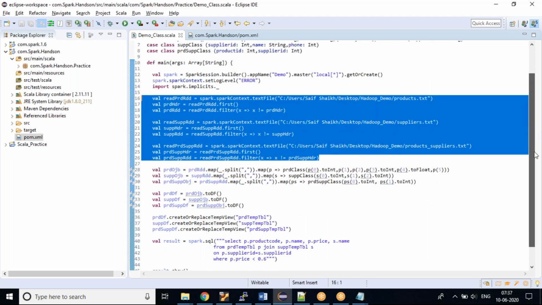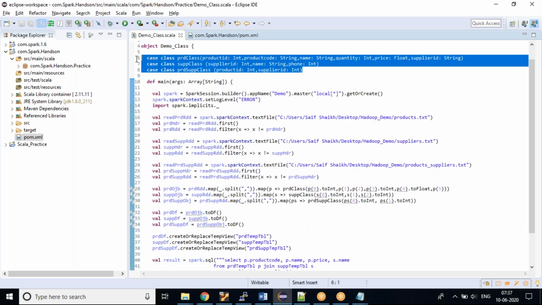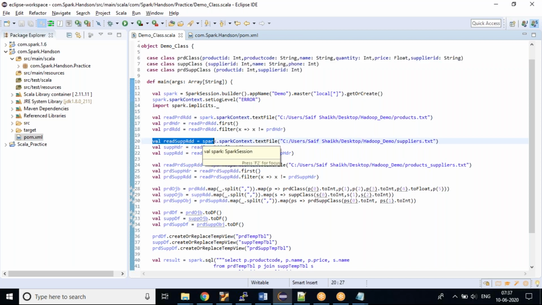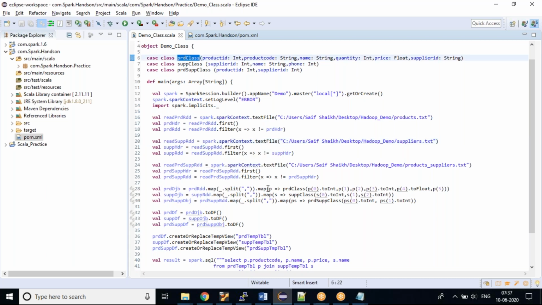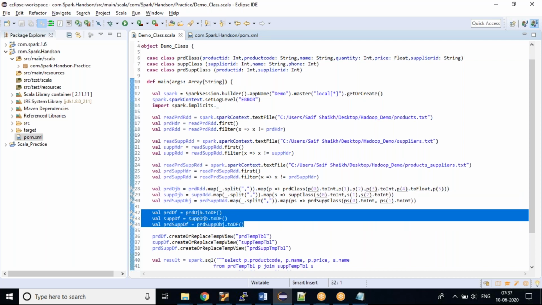After doing that, I created a case class. Why did I create this schema on top of the RDD? Because in an RDD, everything is in a row, so I wouldn't be able to extract individual columns. So I need to create a case class and map each column to this case class. I've done that and converted it to a data frame.